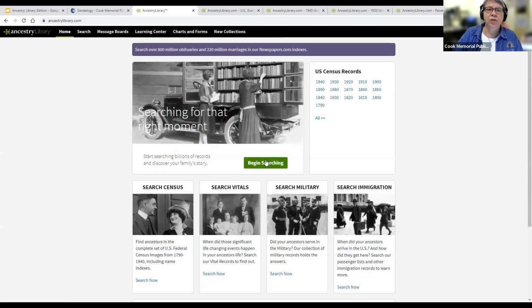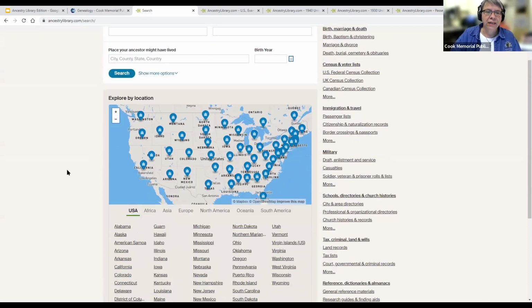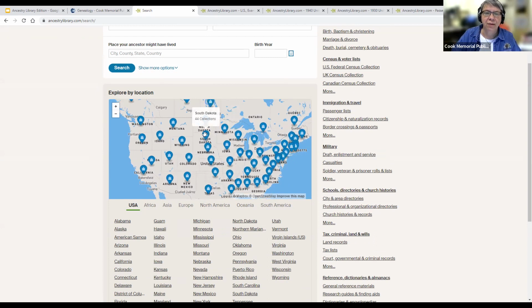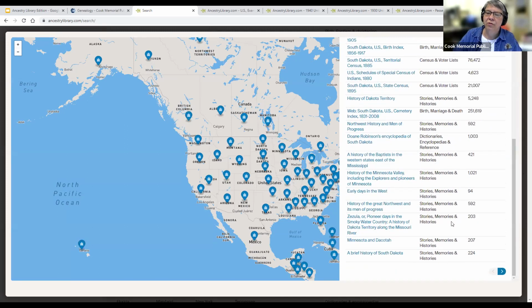But this is something that I want to make sure that you know about. Remember when we went to that begin searching page, we kind of focused on this search box right here, completely overlooking the explore by location function down here. And I do want you to know about that too, because there are some things in here that you might not have found otherwise that could be very important. Explore by location means just what it says, that you can pick a state and search in that. For instance, I'm going to do South Dakota. It has 44 record sets in here from South Dakota, and lists them all here for you,